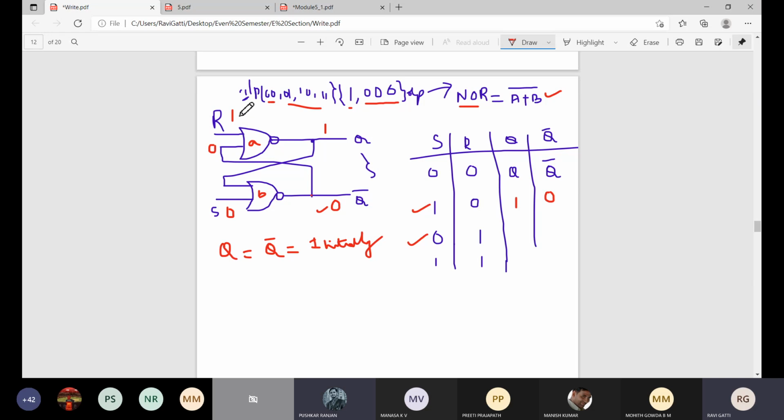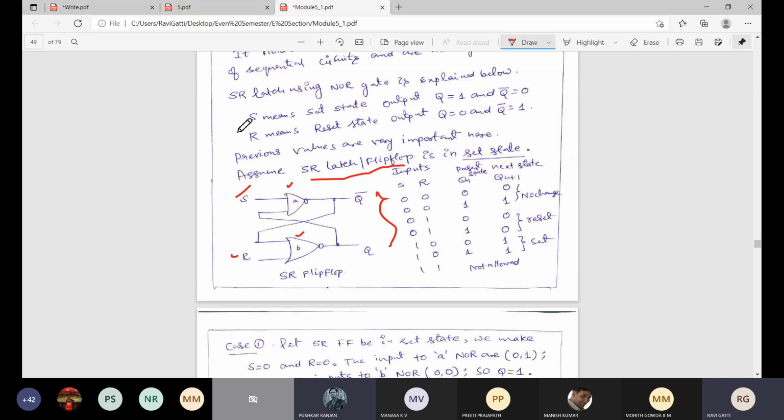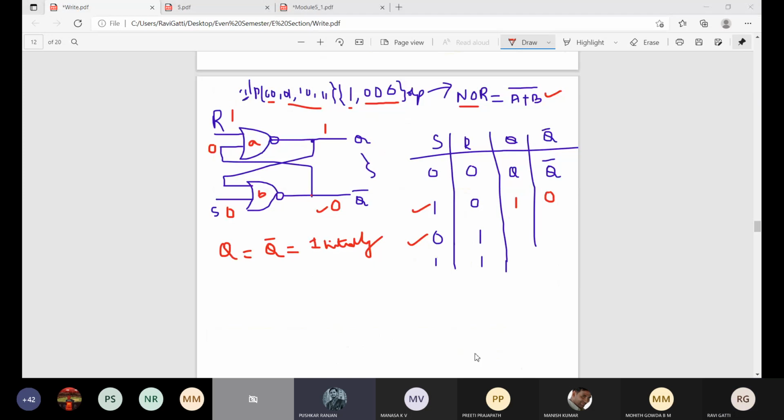Now you can see R is 1. Excuse me, sir. Yes, very good. Yes, tell me. Sir, if S is 0, then after we pass to the NOR gate, it should be 1, na, sir, for the output. Which one? Sir, for the S, same case 0 and 1. If we have taken S equal to 0, then the output should be 1, sir. No, why it is 1? Because the other terminal is 1, no? 1 NOR with 0, it will be 0, right?